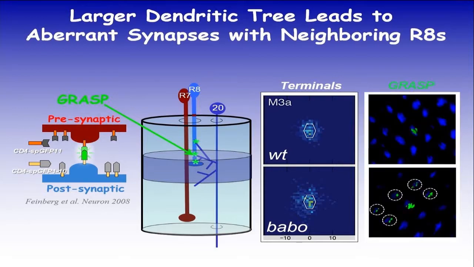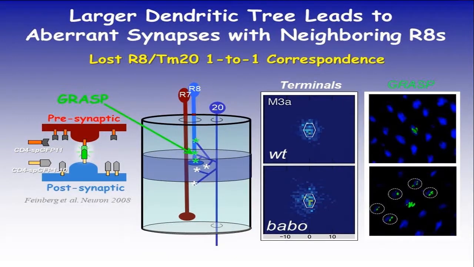Okay, so using this method, we can show that in wild type, the contact is all constrained within one single column. That means that this wild type TM20 is still only looking at a single pixel in the outside world. While if you remove the receptor BABU, the dendrite becomes bigger. Now it's actually making contacts and making synapses with its neighbors. So the end result is that you get a bigger dendrite, you lose the one-to-one correspondence. You now become more receptive to the neighbor's information. The signal conceivably becomes blurred.